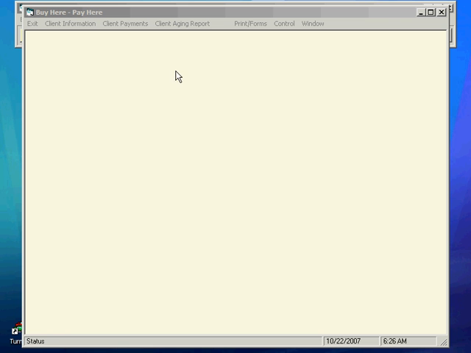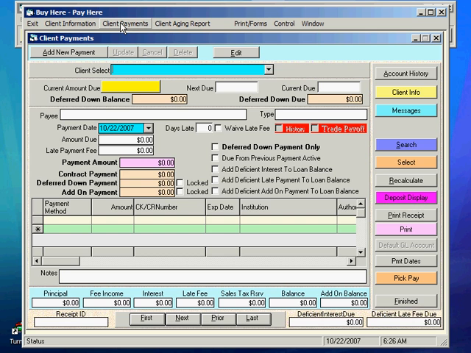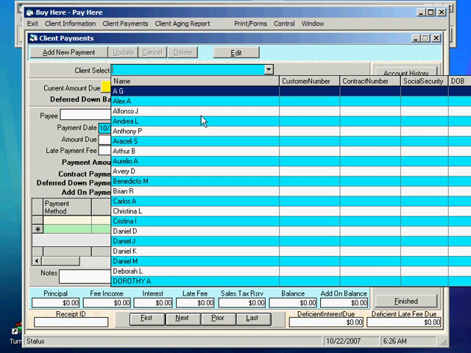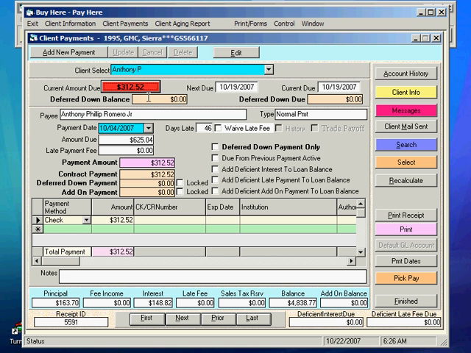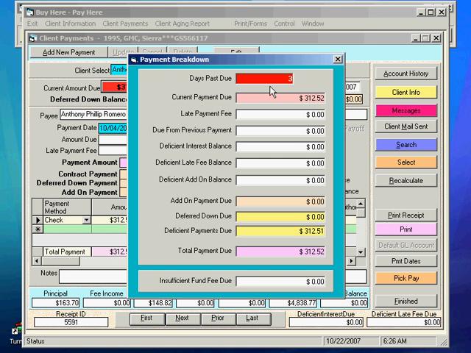Let's now take in a client payment. Click on the client payments menu item, and it brings up the client payment screen. And let's select Anthony here. And as you can see, the current amount due is in red. He owes $312.52. If you right mouse click on this, you can see that he's 3 days past due and that the current amount is